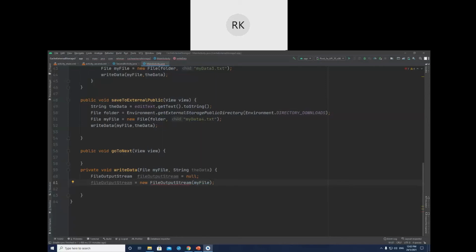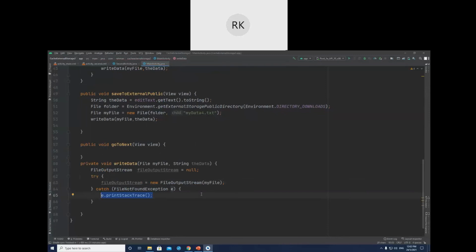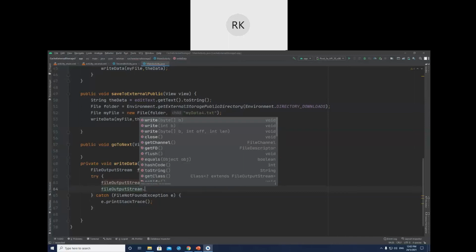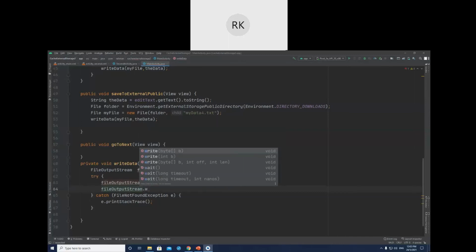Now you see we get an underline on this. If you remember previously also, it is asking for a try catch block, because the file system is always risky, maybe it is a permission issue, so the system should not crash. So we create a link to the file. We open the file which was created. We just open it. We didn't write anything yet. So now to write, FileOutputStream dot write. It writes in bytes.